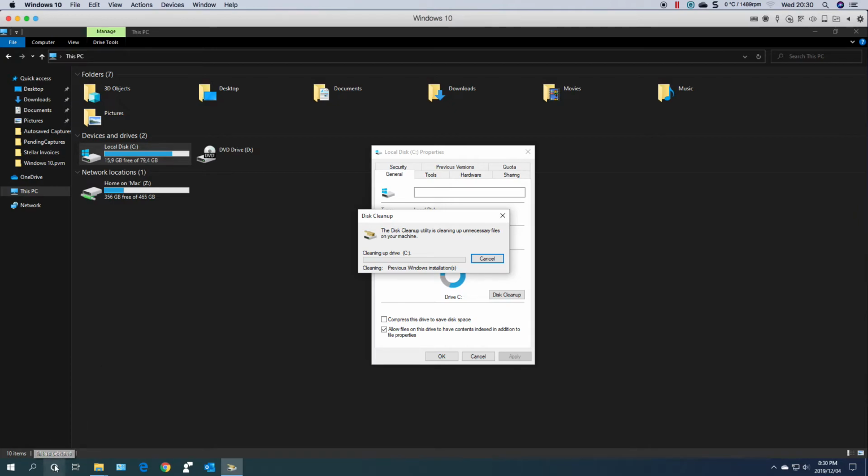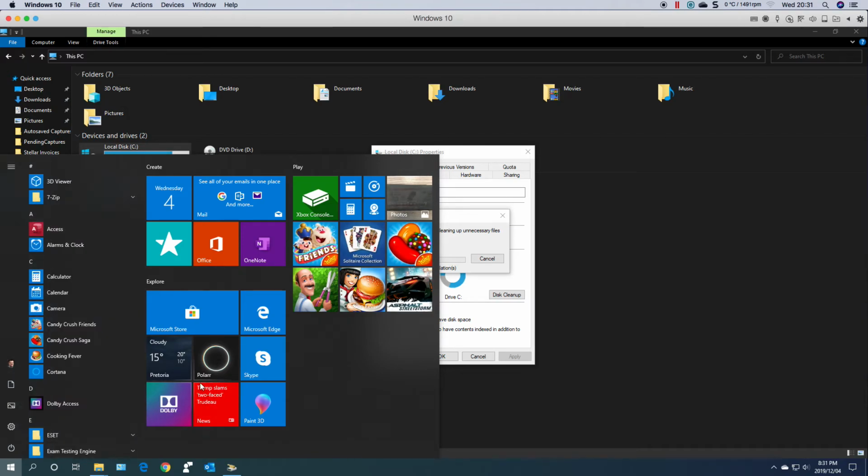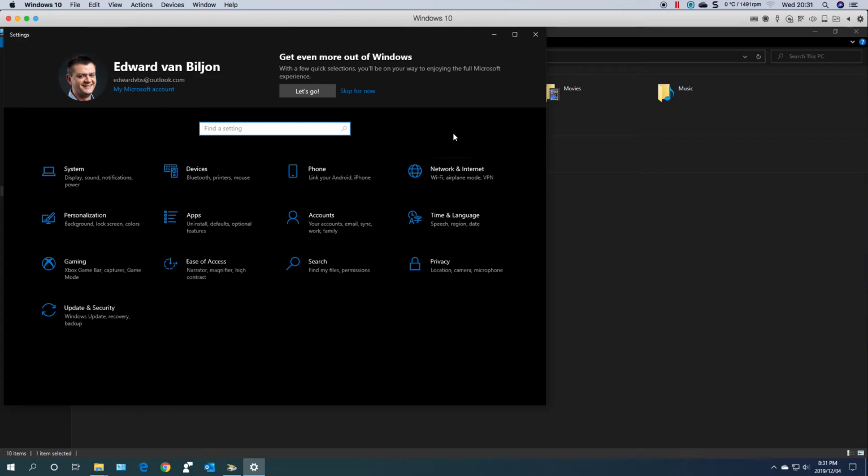Obviously, Cortana in my region is not available. It's only available in the United States, so it doesn't work. Even if you try, like I've tried to trick it with a VPN, it still detects that I'm not coming from America. So if we head over to your start menu, now settings, again you can see the black theme,